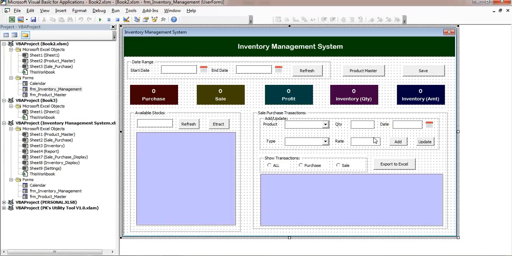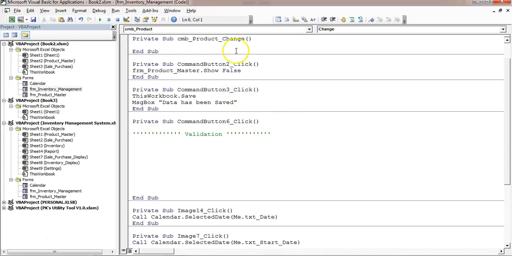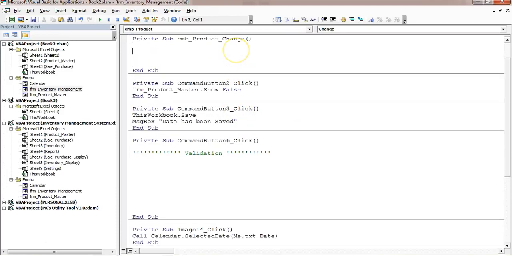Alright, so what we can do is put some code on the change value of this combo box and this combo box. So just double click on this combo box, and here I'll take a variable for worksheet.